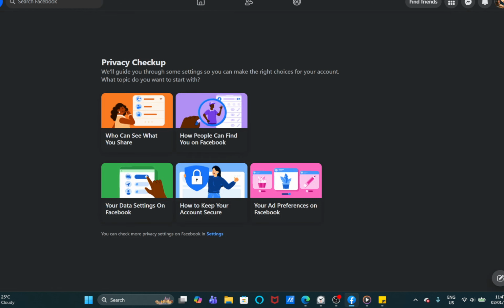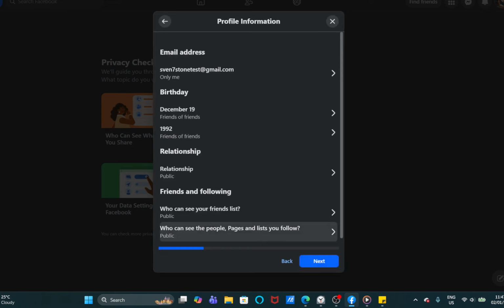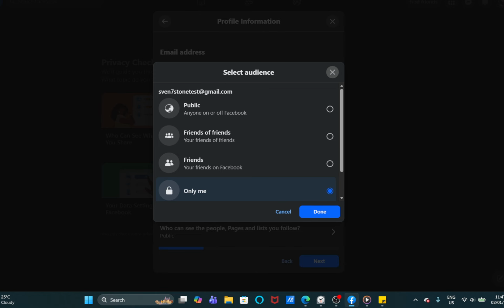Inside settings, select Privacy Checkup. This built-in tool groups the most important privacy controls in one place, so you don't have to dig through every page. It will take you through who can see what you share, how people can find you, and other visibility options at a glance. Work through the privacy checkup and change the audience for your information to only me wherever